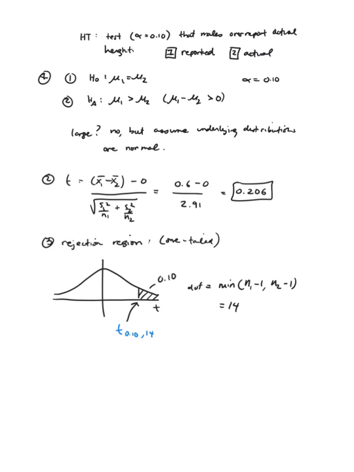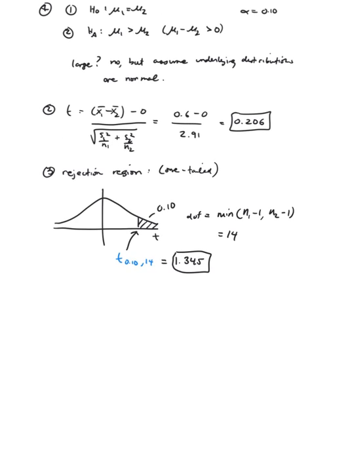All right, we're going to go over to the T table now, and we're going to check out the critical value that defines the rejection region there. 1.345. All right, now let's take red maybe. 0.206 is obviously below 1.345, not in the rejection region. So for the final step, since t equals 0.206 is less than 1.345, not in rejection region,